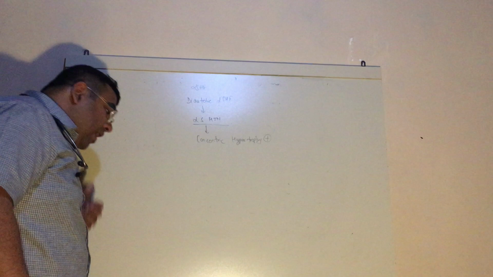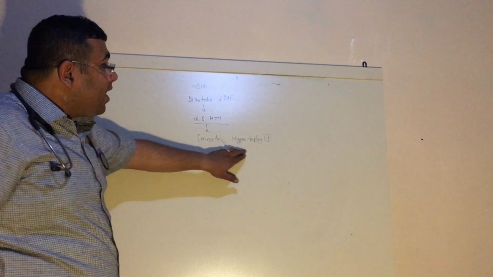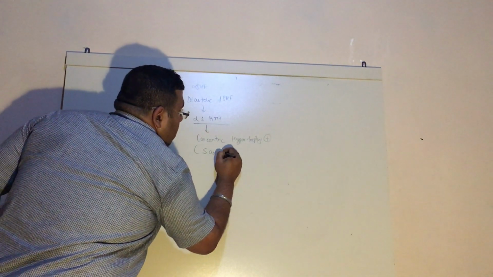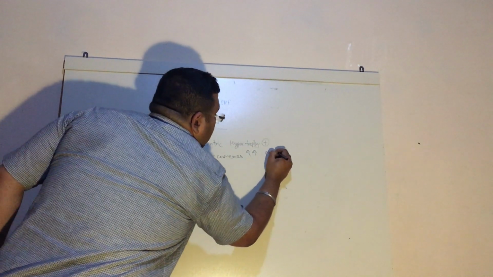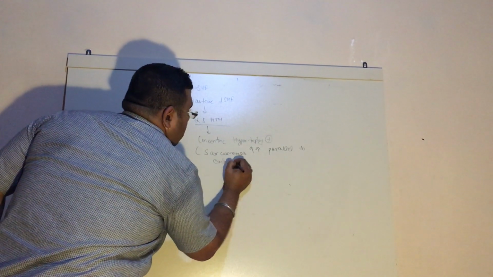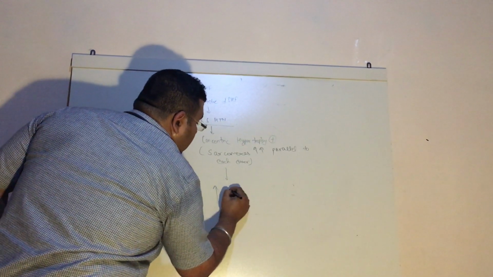In this, the number of sarcomeres parallel to each other gets increased, and that leads to less room for filling. So in concentric hypertrophy, the sarcomeres get increased parallel to each other,